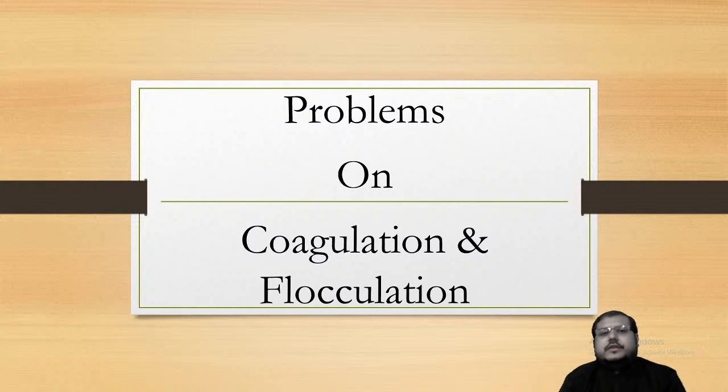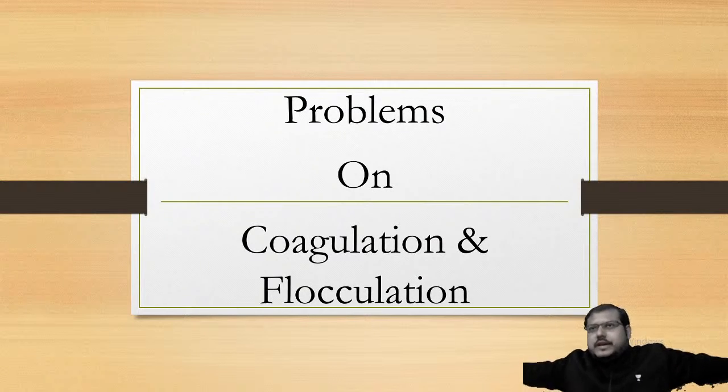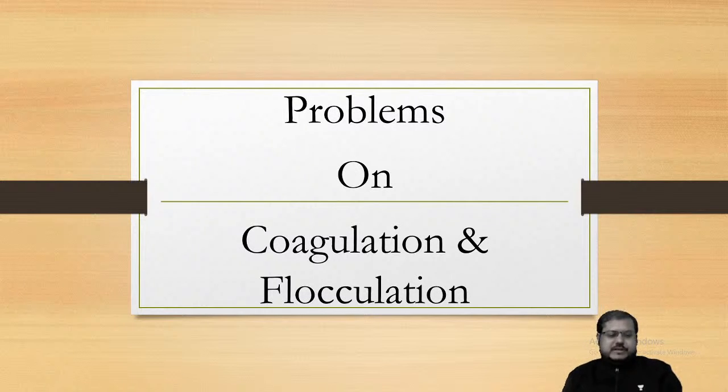Now we are going for the problems on coagulation and flocculation. So in the last few classes, we have already covered the theoretical segments of environmental engineering. Now what we have to do, what remains, is the problems and the recap of this process. We have started this recap process. When we taught the theoretical segments, we had already solved some questions from the domestic water supply part. We have already solved problems from some chapters, like the water demand and population forecasting chapter and the sources of water chapter.